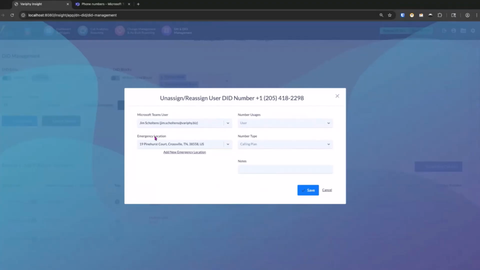So you have the current Teams user that's assigned to that DID that you selected. Number usages and number type are more or less just informational fields. And then you also have the emergency location present as well. So now if I wanted to unassign Jim from this 2298 number, all I'll do is select this drop down